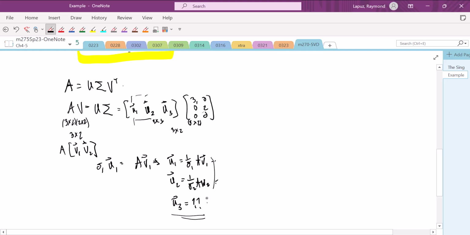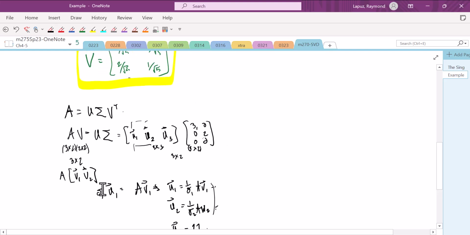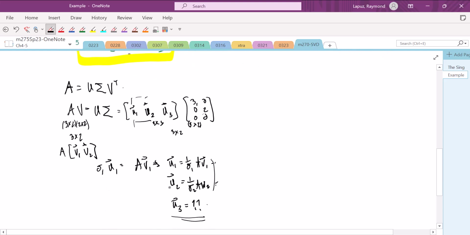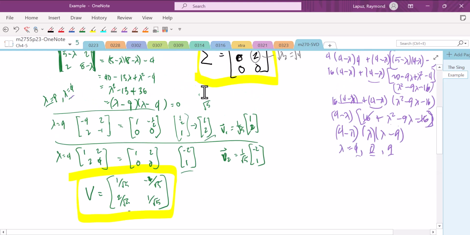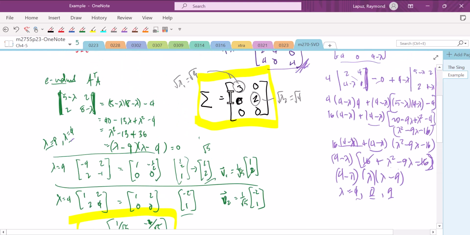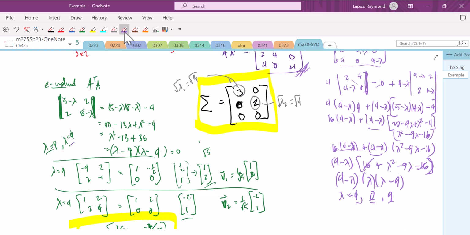That sounds a little confusing. The other way to do this, by the way, would be easier if we had a smaller matrix to deal with. But the other way to do this is to find the eigenvectors of this matrix that we found, the A times A transpose matrix. So we got 9, 4, and 0. So let's go in that order. Let's find the eigenvectors for that.